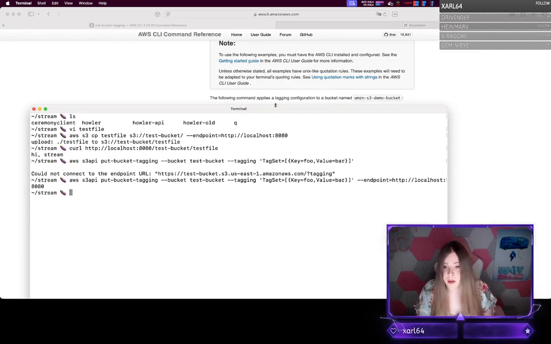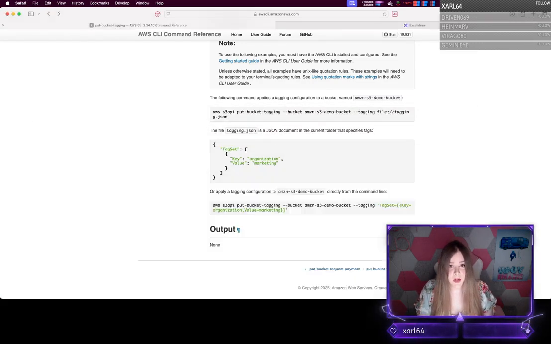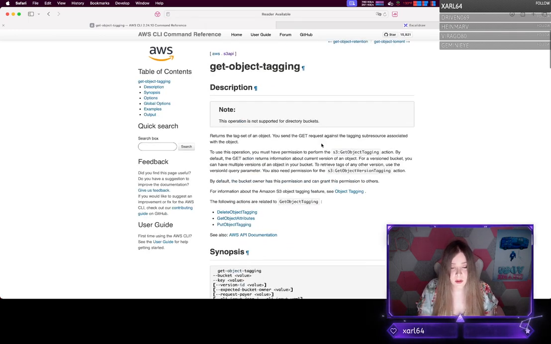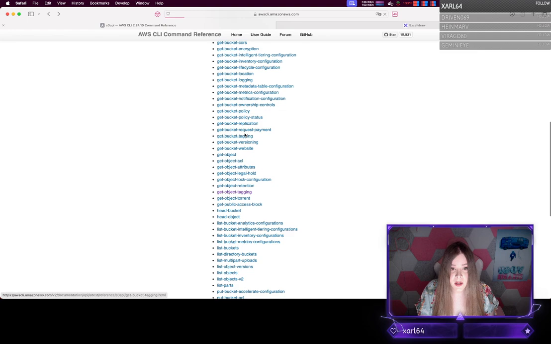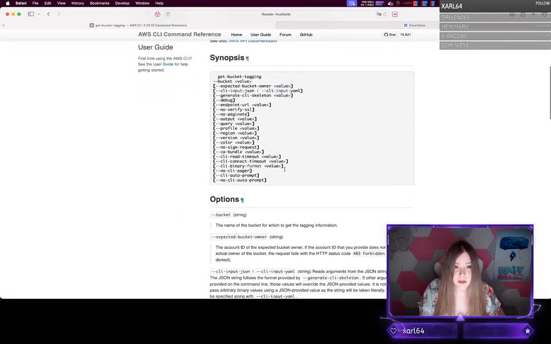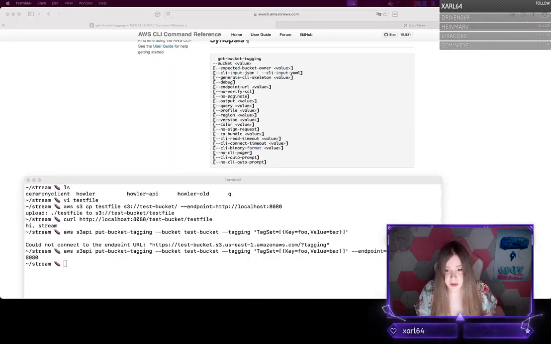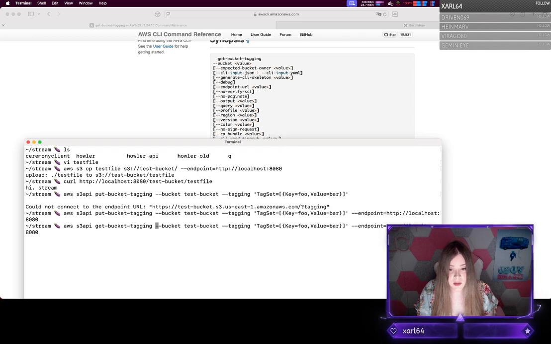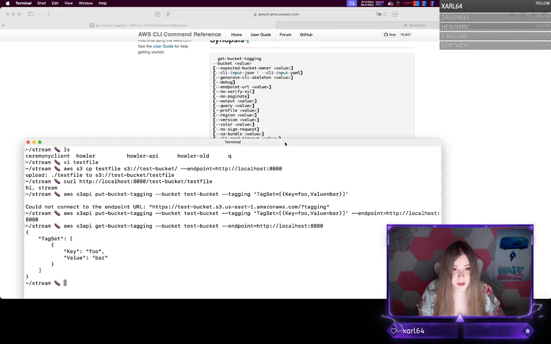And there we go. Similarly, when you're fetching the bucket tagging, you would do the corresponding get operation. Like I said, I can never remember these. I always have to end up looking them up myself because there's just so much. And of course, there you go, your tag set.